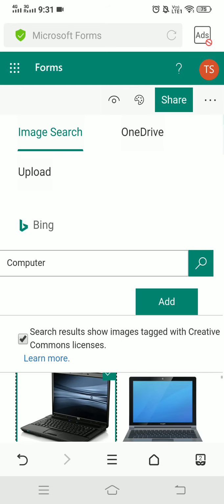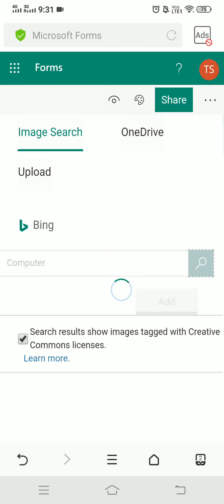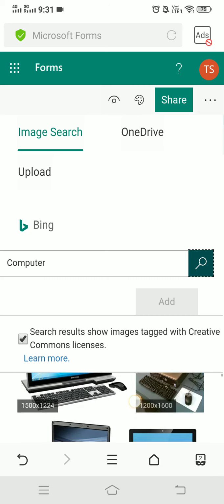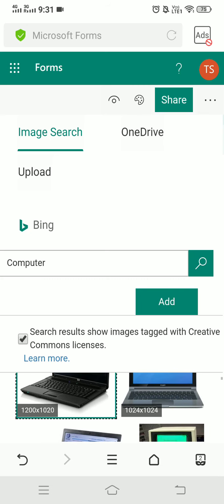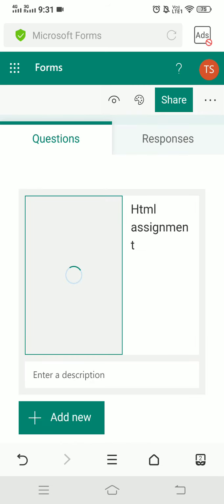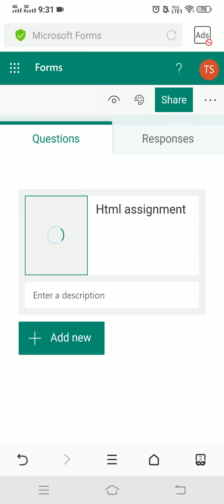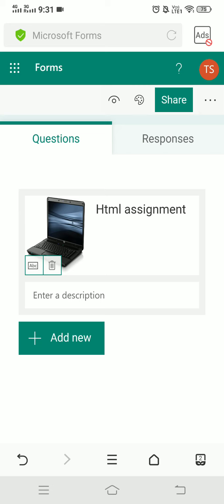Say I'm going to choose this one, then click on this one, then add. Now you see the picture has been added. So in that way you can enter a description like all questions are compulsory, like that.